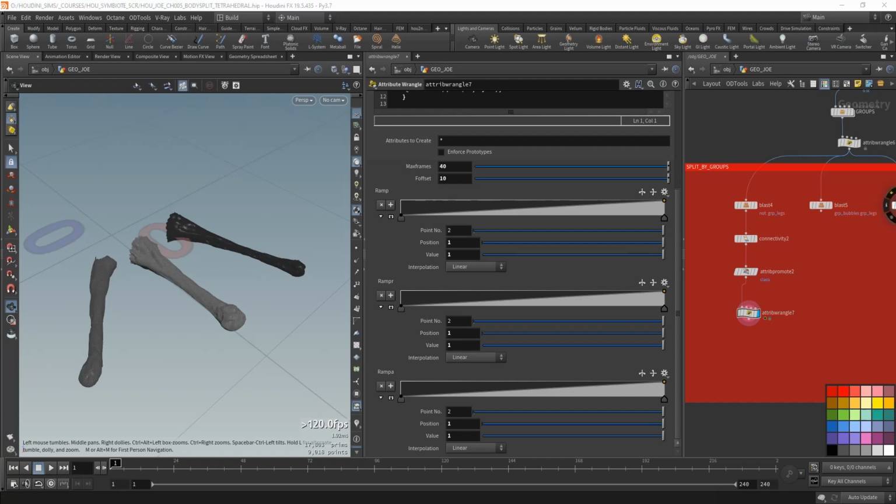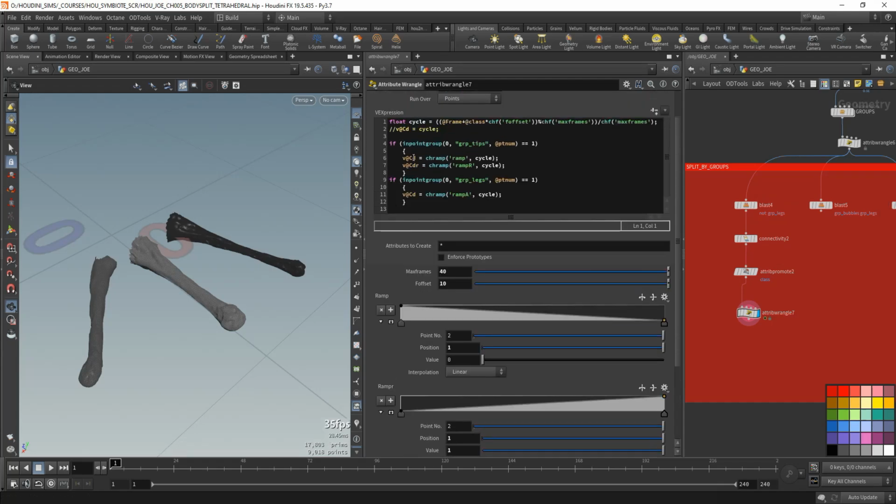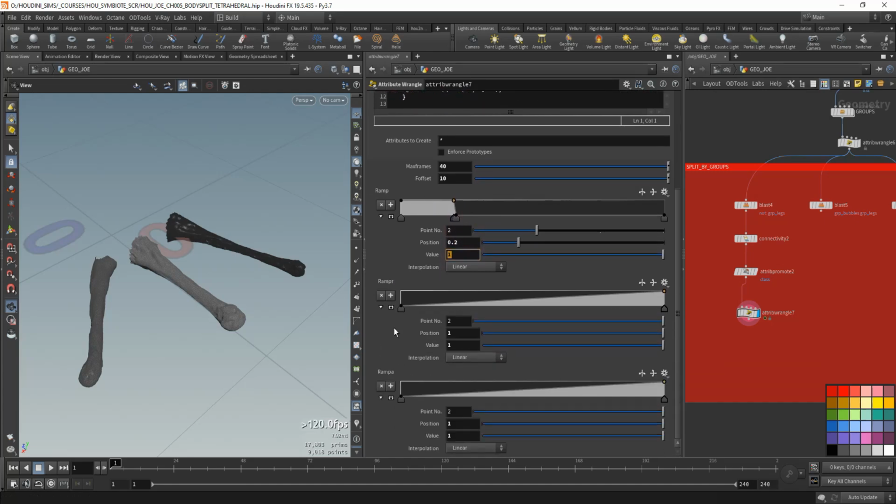I want to remap them properly. So here I'm going to invert this. The first ramp is going to be the CD ramp. This is the ramp that is going to control the force applied to the tips. So I'm going to make a ramp like this, something like 0.21 and 0.2. So yeah, and then the ramp R, which is going to be the ramp that controls the attachment and